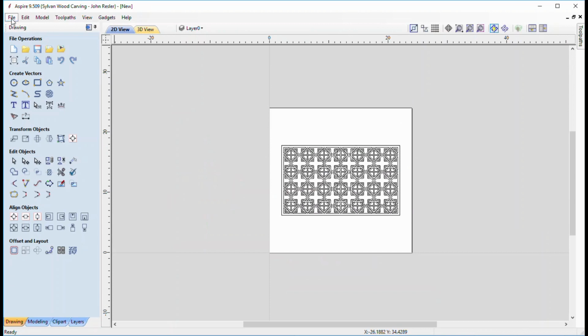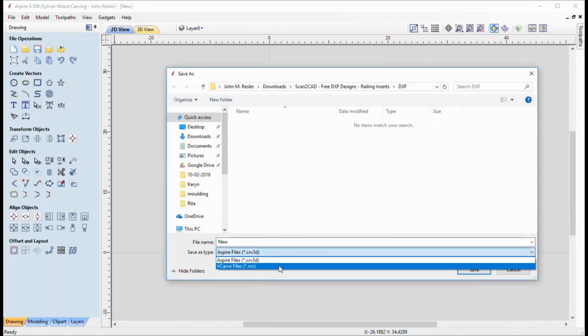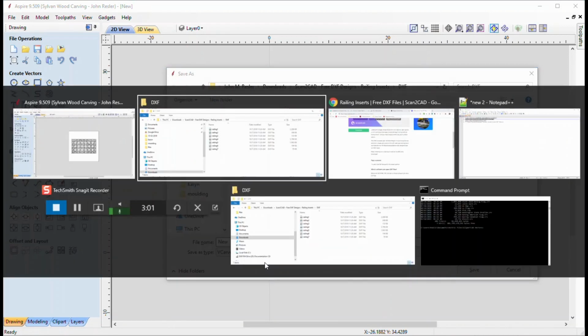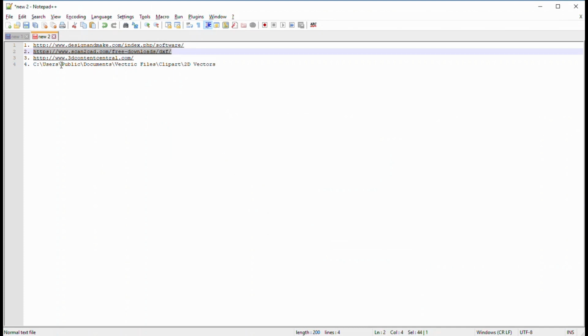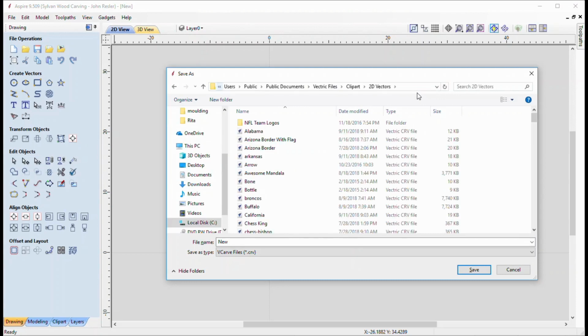So now let's say File, Save As, and we're going to save it as a carve file. Okay, and so there's our carve file. Let's go back to our folder here, and let's save those babies where we want them to. Okay, so I'm going to go ahead and copy that, put that right there, 2D vectors. Okay, now this is Railing 2.